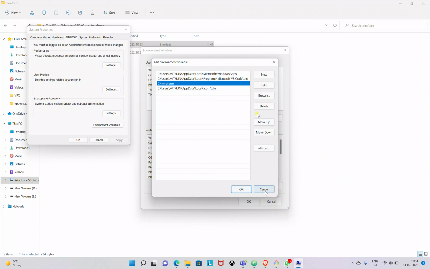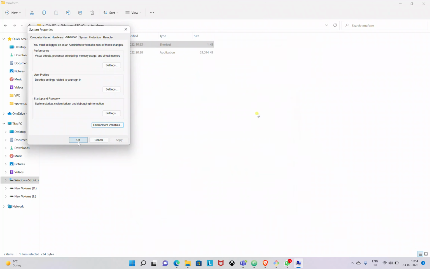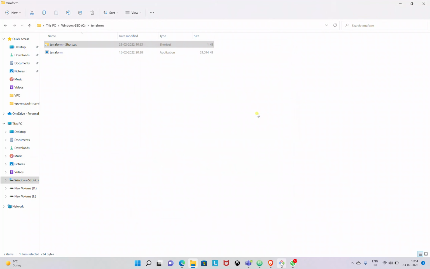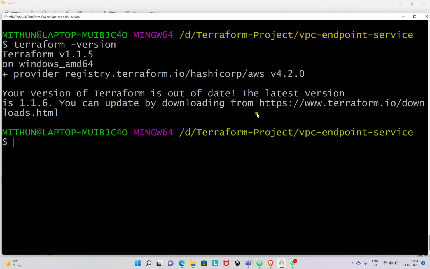So you need to add that path. So once you add that path and you press OK, then you restart your machine, or sometimes not required, and then you run the command Terraform. Okay,